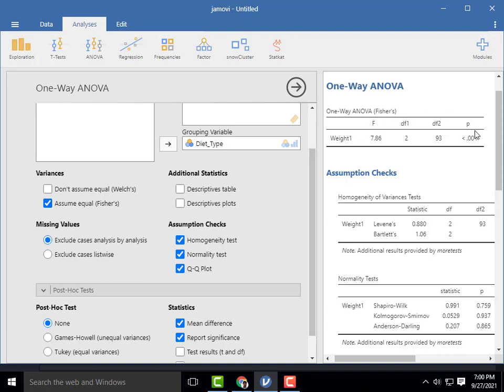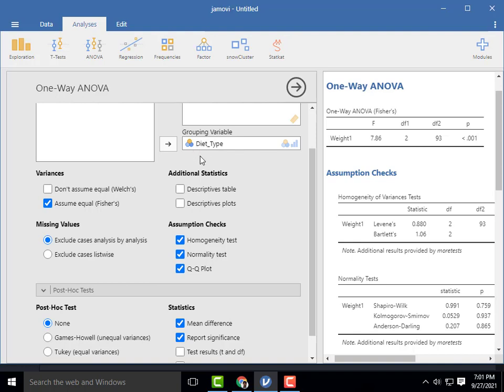So this is the ANOVA test value. So F value is 7.86. The p value is less than 0.05. So we conclude that there is a significant mean difference between weight and diet type.